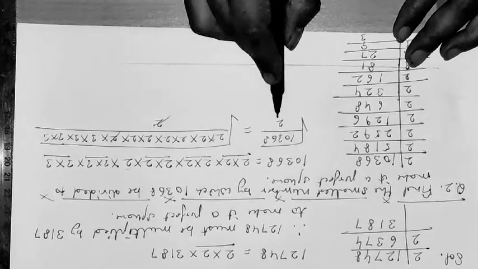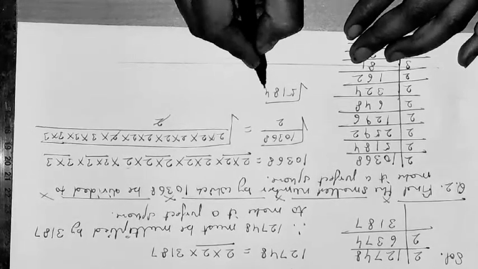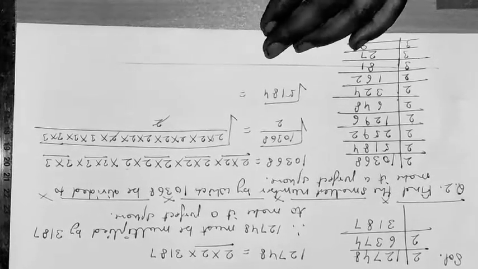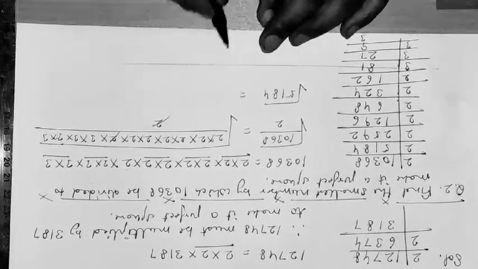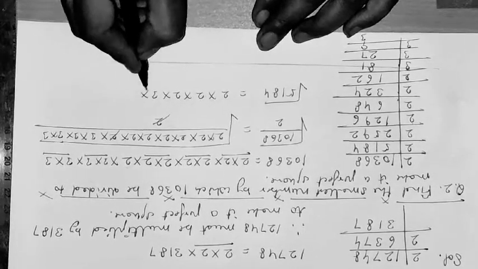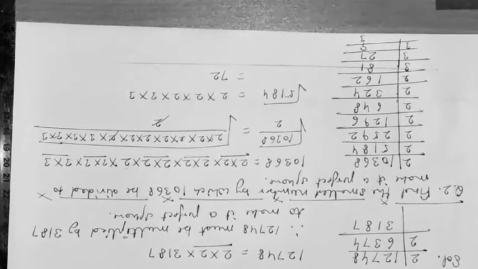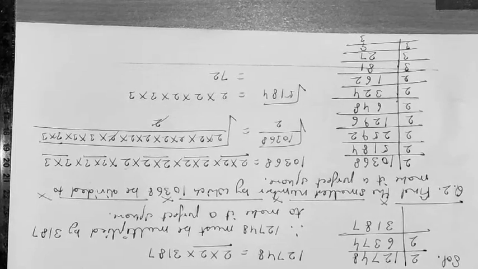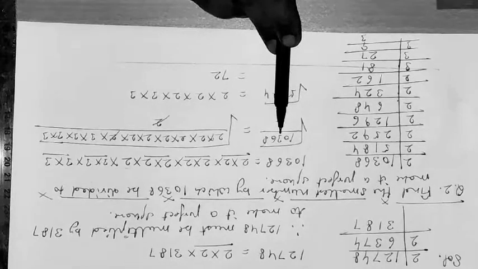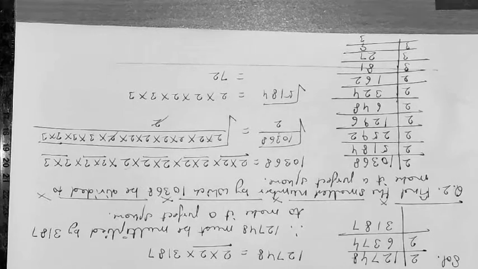Here I will divide the number by 2, so I get the square root of 5184. And here for finding the square root of 5184, I will write one number from each pair. So 2 into 2 into 2 into 3 into 3, that is 72. So 72 is the square root of the perfect square number which we have obtained from 10368 by dividing it by 2.